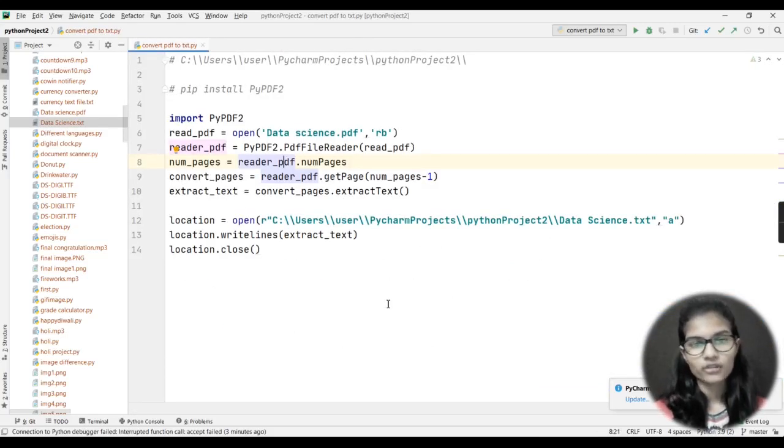Right, now I hope that you have got a fair idea of how you can extract the text from a PDF file and convert that .pdf to a .txt extension without using any software or app. Simply you just need to write a program in Python and all of your PDF files will be converted into text files.